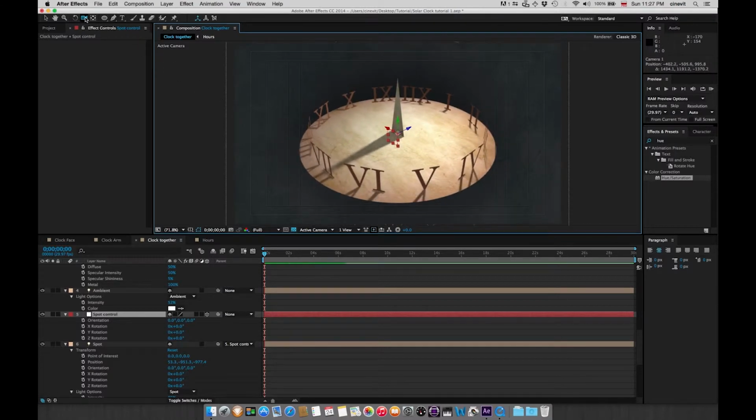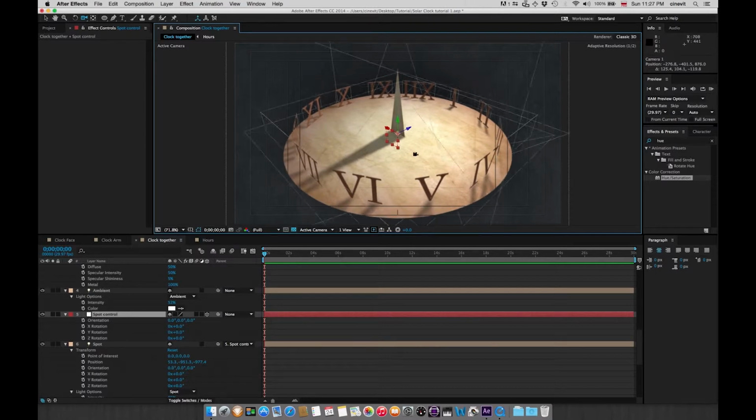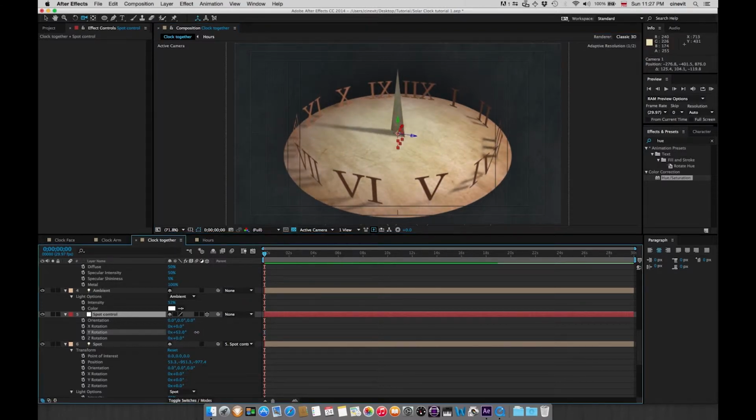I'm dollying back because I'm in the camera tool, so you have to have the camera tool active to do these motions. And now that's exactly what we need. It almost looks like the sun is going around creating those shadows. So all we need to do is